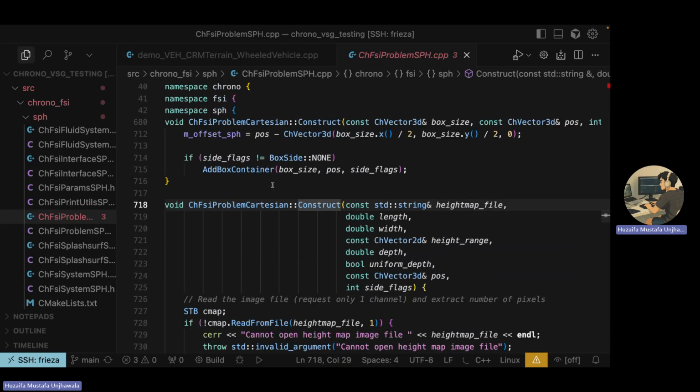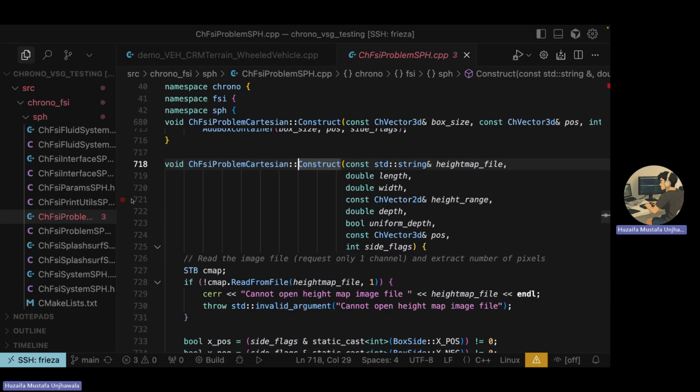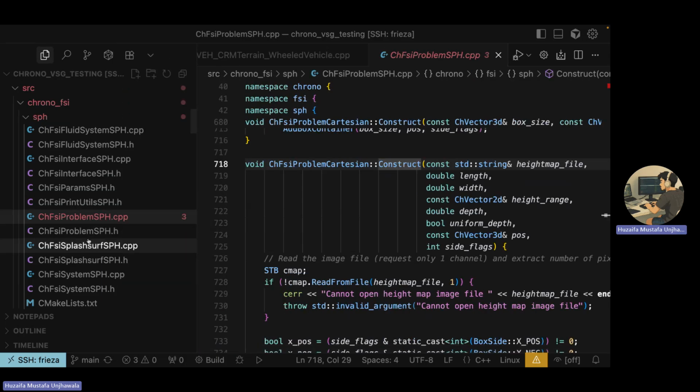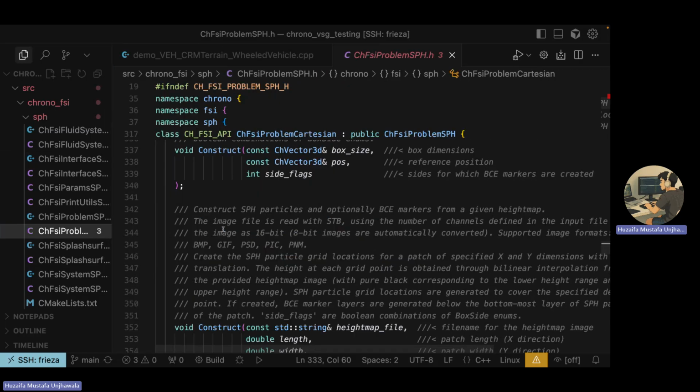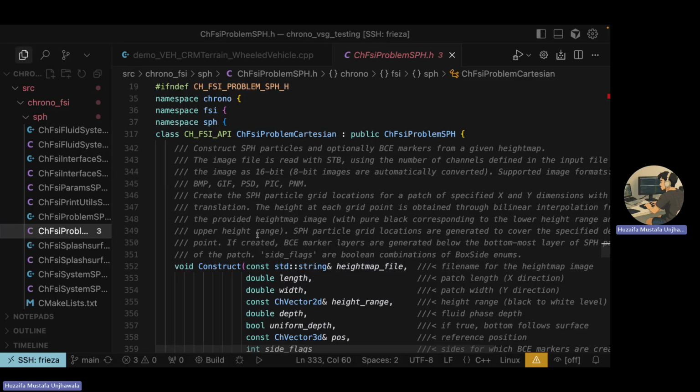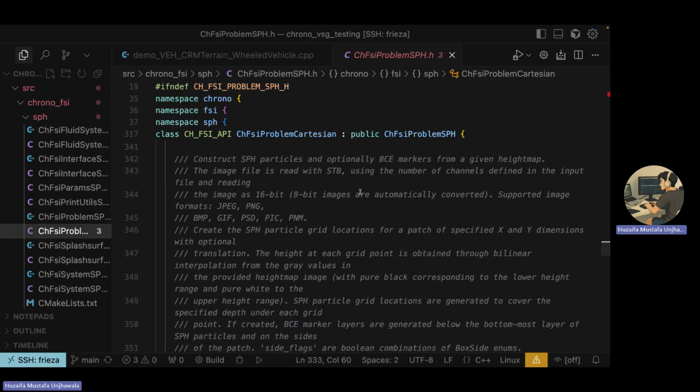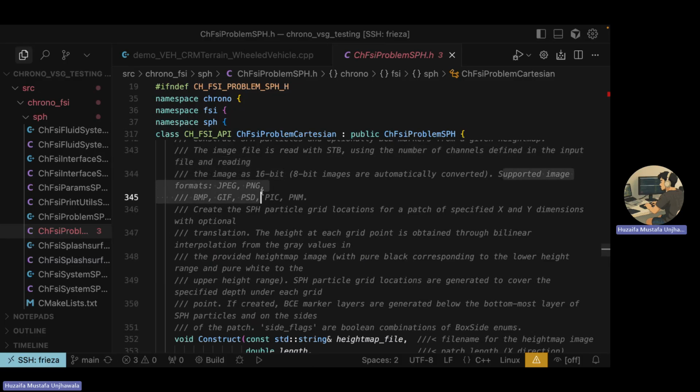I would then go to the source code, and this will take you to the CPP file. Go to the header file, because that's where the comments always are. As you can see here, there are many construct functions that are overloaded and have a lot more information. So: construct SPH particles and optional BC markers from height map. The image file is read with STB, and the number of channels is defined in the input file, and the image is read as 16-bit. So it gives you the information about what image files would work here. It tells you the supported image formats: JPEG, PNG, BMP, GIF, PSD, PIC, so anything basically. So you just need an image file